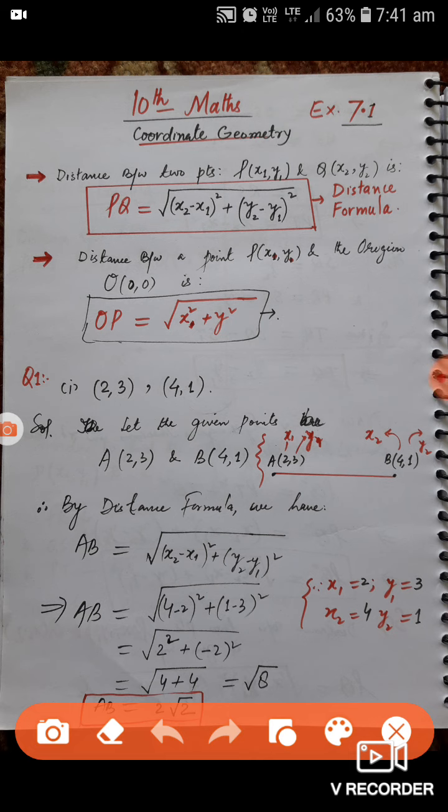कोऑर्डिनेट जियोमेट्री में हम आज आएंगे एक्सरसाइज नंबर 7.1 पर। और इससे पहले हमने डिराइव की है फार्मूला जिसको हम कहते हैं डिस्टेंस फार्मूला। इस फार्मूला के ज़रिए से हम डिस्टेंस निकालेंगे बिटवीन एनी टू पॉइंट्स हुज कोऑर्डिनेट्स आर गिवन।